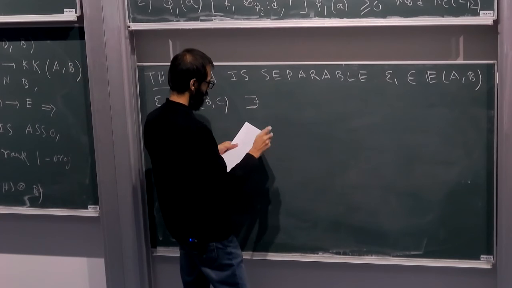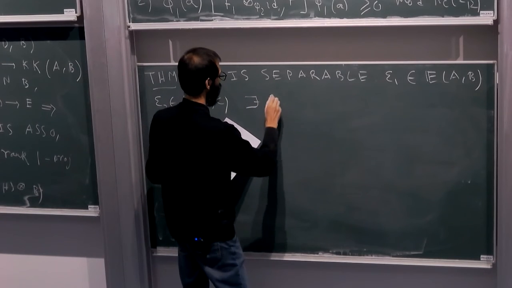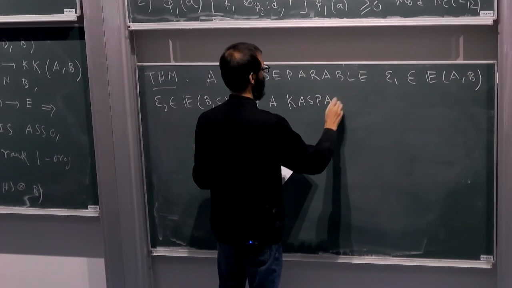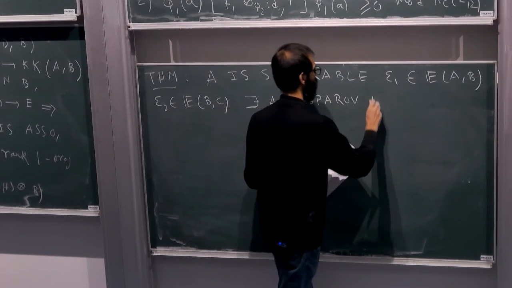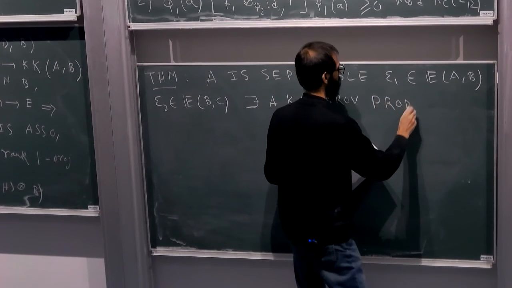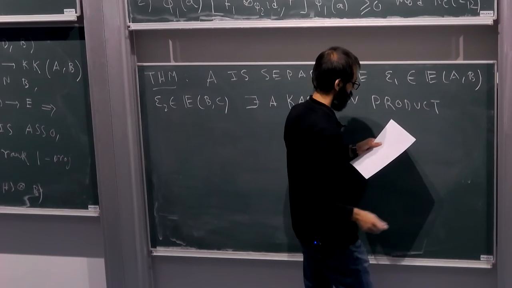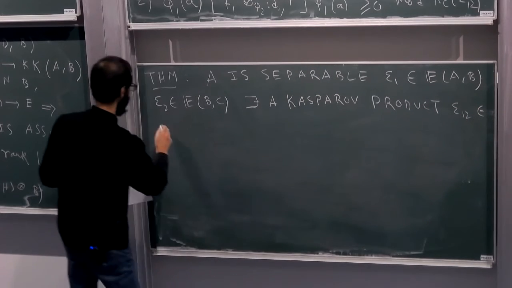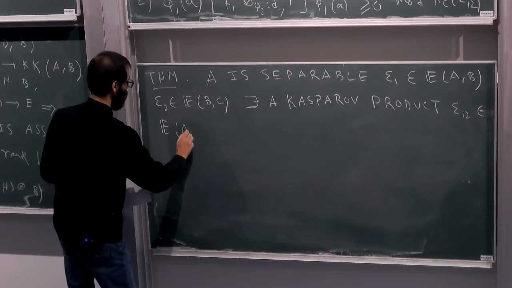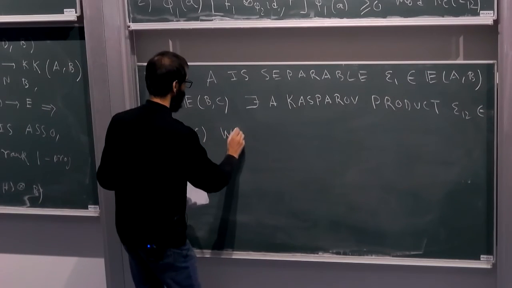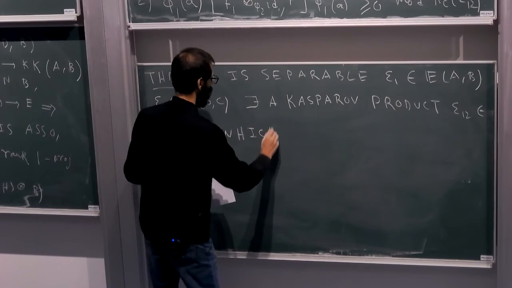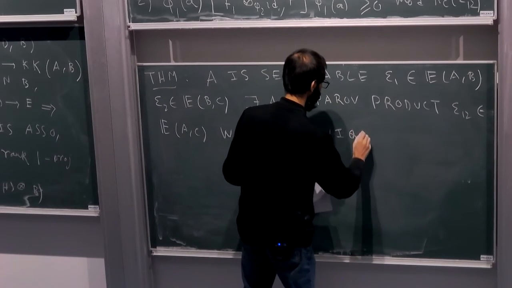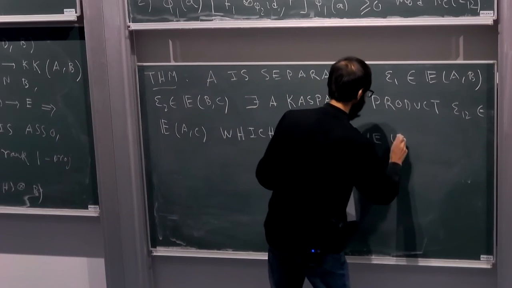There exists a Kasparov product E12 in C, which is unique up to